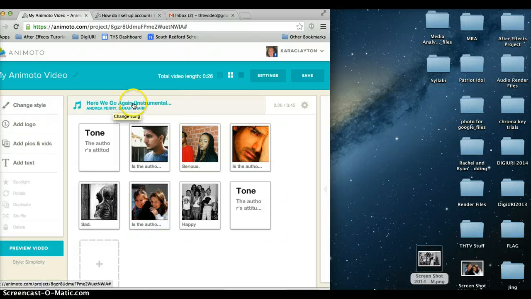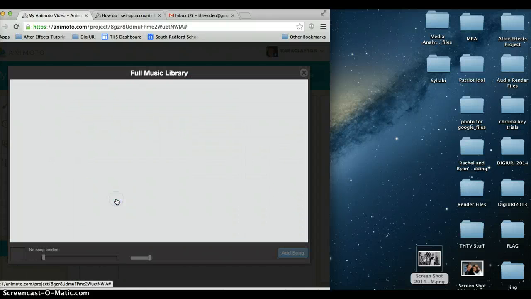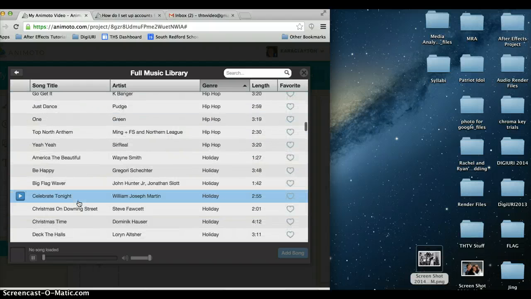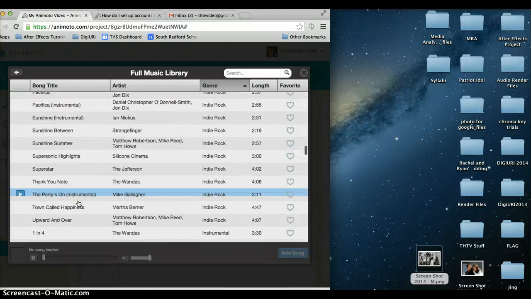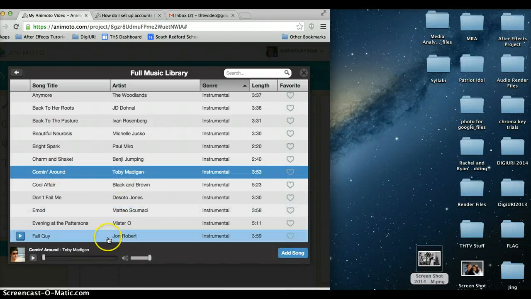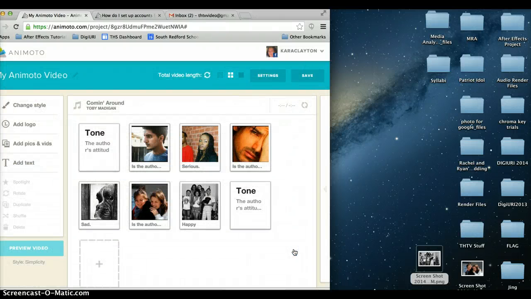Okay, now I'm going to go find some music. So you can either choose the song that they have, which I didn't like, or go to some music that you wish to find. I found in the instrumental section, you'll see it's all listed by genre here, Coming Around. If I want to play it, check it out. Okay, works for this particular application. I'm going to add the song, and when that is done, I'm going to press save,